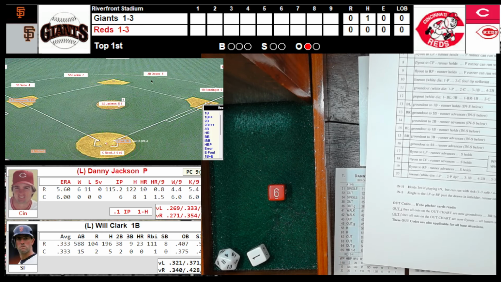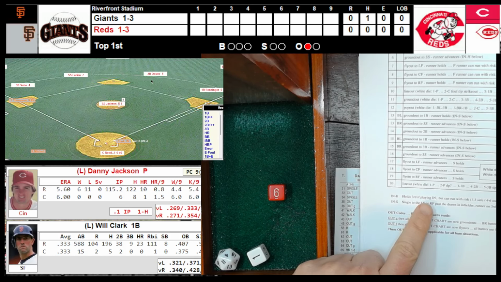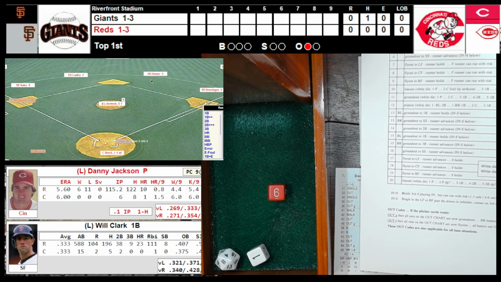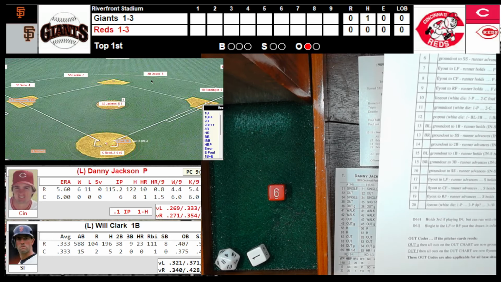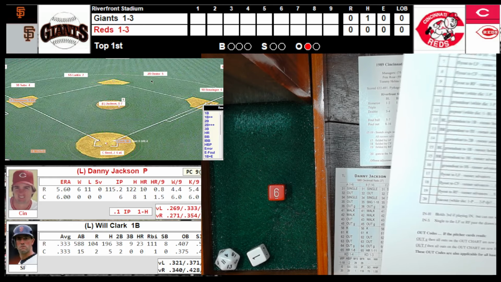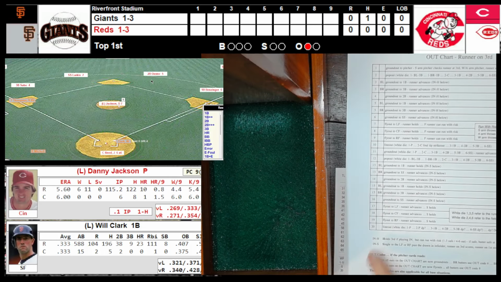And it says here, if the infield is in, holds at third if playing in, but can run with risk. 1-3 safe, so you basically have a 50-50 shot if you're Robbie Thompson of scoring. And you know what? That's better odds than the next batter getting a base hit. So we're going to try it. We're going to try it because it says here infield in,